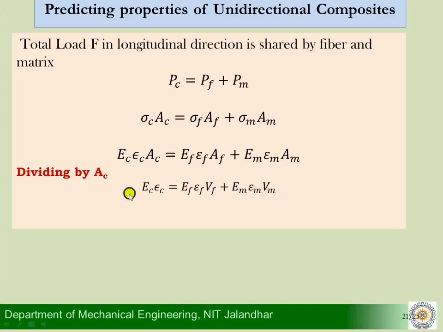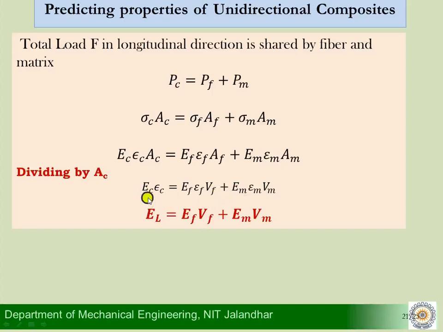In this expression, I understand that we have taken the equal strain assumption, which was telling me that epsilon C is equal to epsilon F is equal to epsilon M. And that is why I can simply write now EC. What is EC? The modulus of the composite material, which has been made by combining a fiber which has a modulus EF and a matrix which has a modulus EM in a particular volume fraction